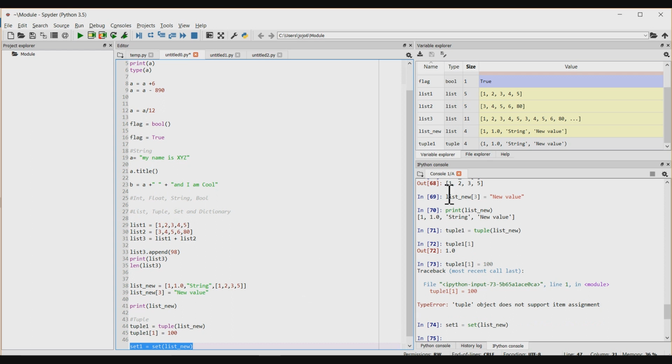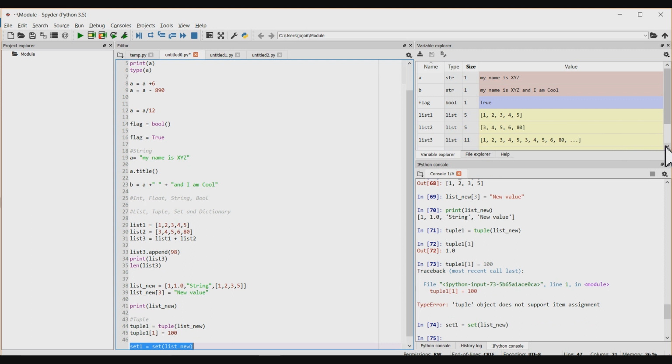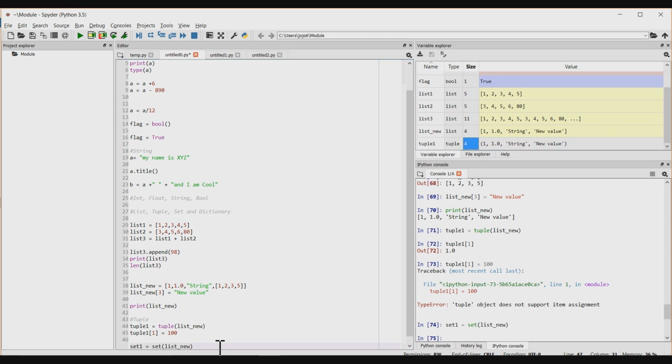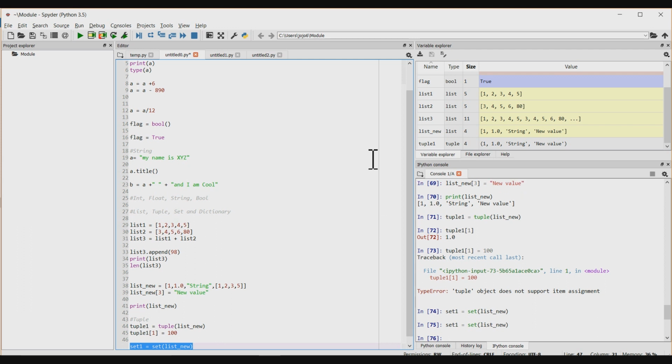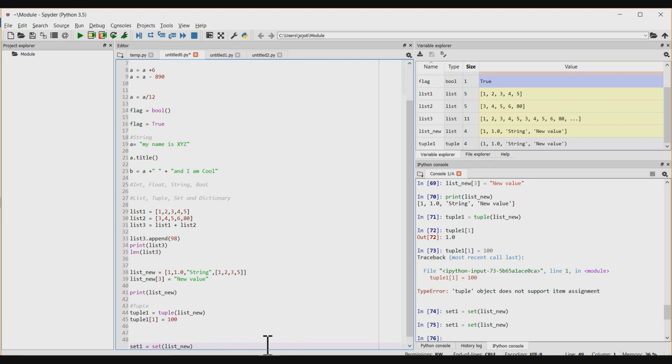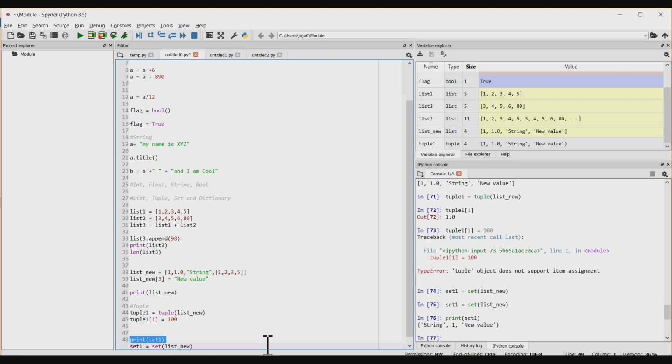It's the same process, and you can see that we have a new data type over here. Then we execute this. Let's say we print this. We have the values over here: string 1 and new value. You can definitely change the values of the set elements. The only difference is you cannot add duplicate values. But in case you add duplicate values, it won't throw you an error, but it will just remove duplicate